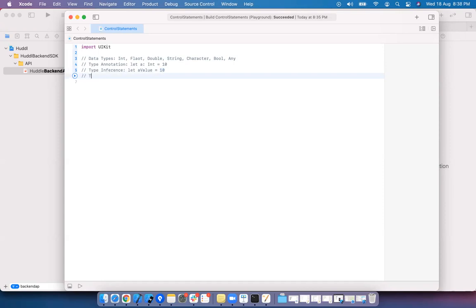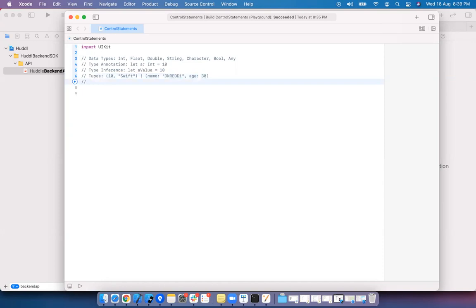And we have seen tuples. Tuples are basically grouping multiple values together. We have seen 3 different ways. This is one way. The second way is simply passing the values. Another way is giving the labels. The third way is taking the values. Basically, the purpose of tuples is to return multiple values from a method.